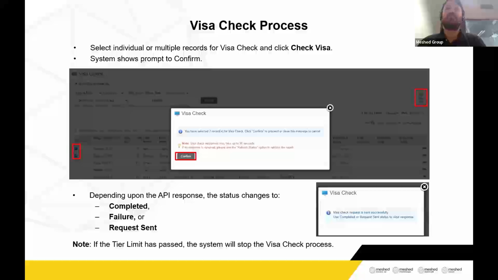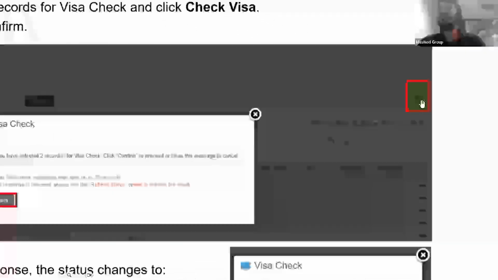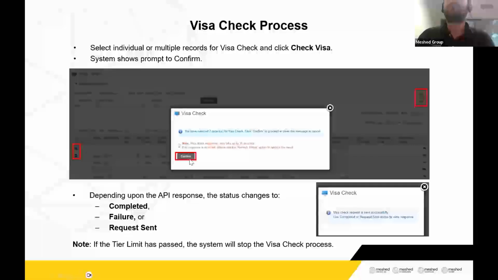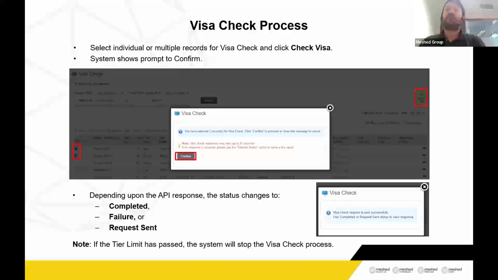You can't proceed further. So if you do anything below 10, then you will be able to do the visa check by this check visa icon. Then the system will give you a confirmation message asking if you're sure to proceed ahead. If yes, then confirm. So under this page, the confirmation message is a bit important because you would want to